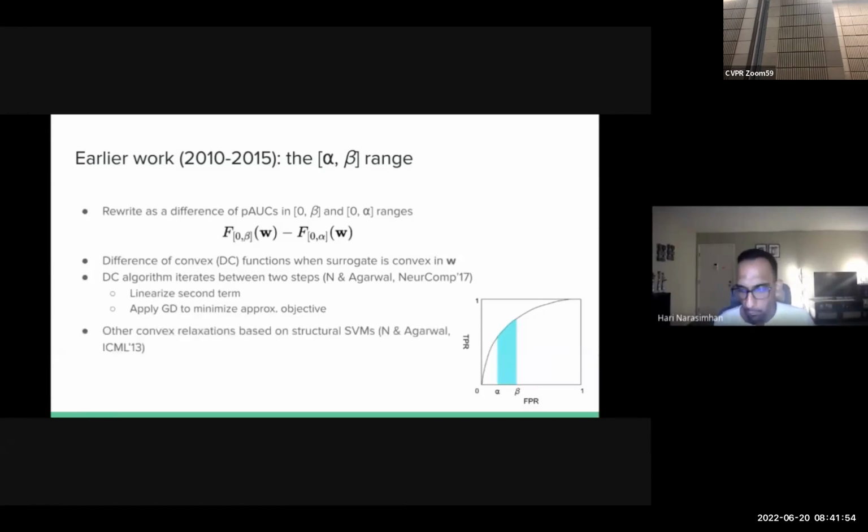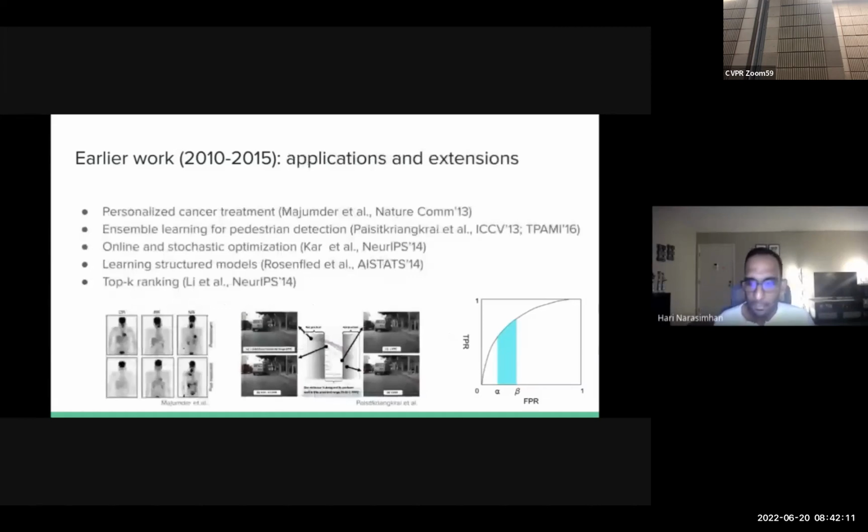Interestingly, there's also been some work on coming up with convex relaxations to this general one-way partial AUC estimator. And these are based on structural SVMs. And this approach has also been shown to be effective on some medical diagnostic tests. Now, following these initial works on maximizing one-way partial AUC, there were several follow-up papers with applications in cancer therapy,